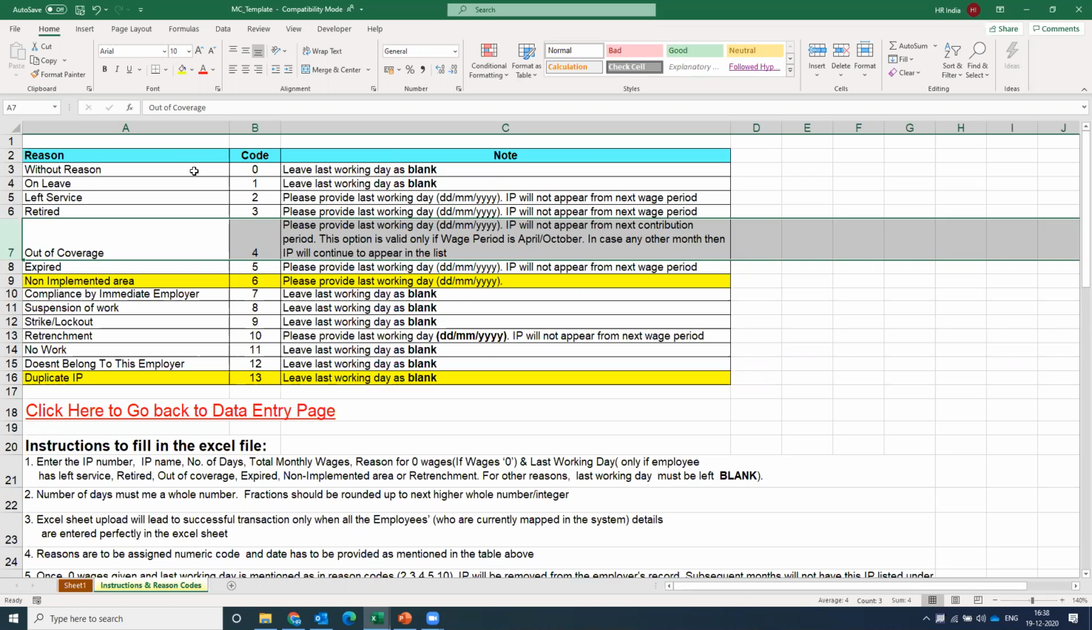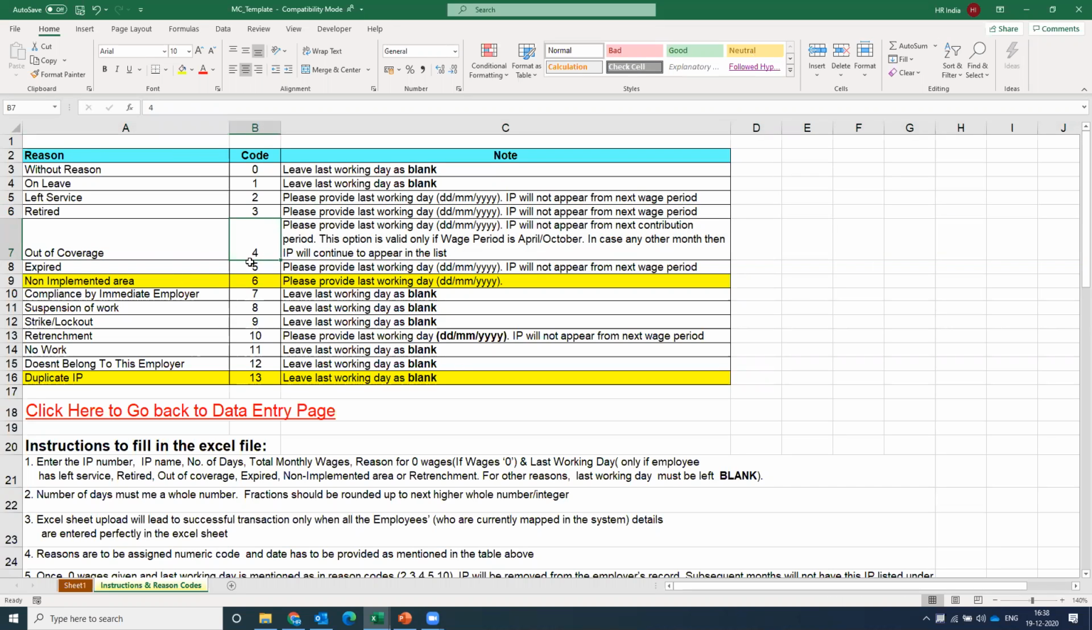But read this note over here. Reason code that we enter is reason code 4, and the note written is, please provide the last working day. IP will not appear from next contribution period. This option is valid only if the wage period is April and October. In case of any other month, then IP will continue to appear on the list. Means any employee whose fixed salary goes beyond rupees 21,000,